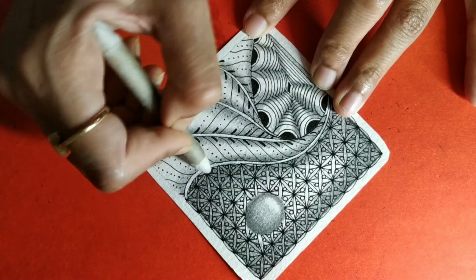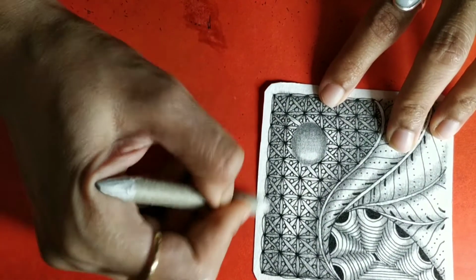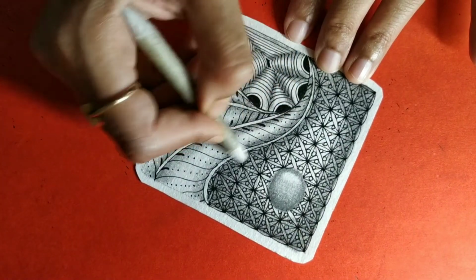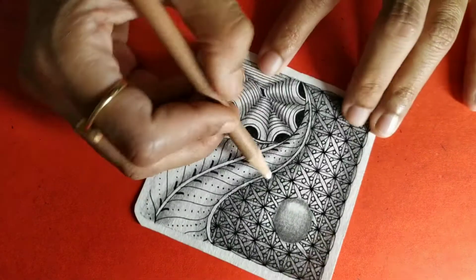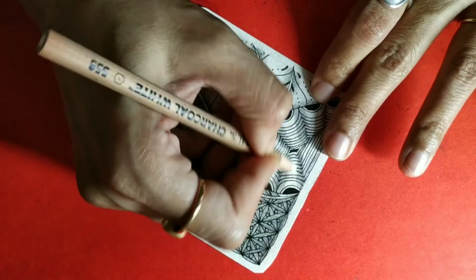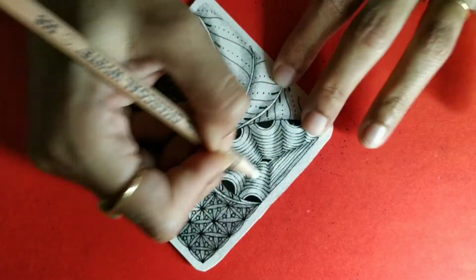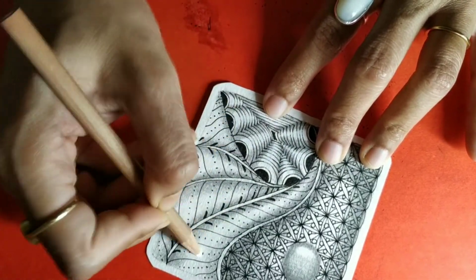Almost covered the entire thing. Just left a portion in the center as a highlight. So now pick up your white charcoal. Add some highlight to your crescent moons in the center where you have not added graphite. And then in the center portion of the finery,